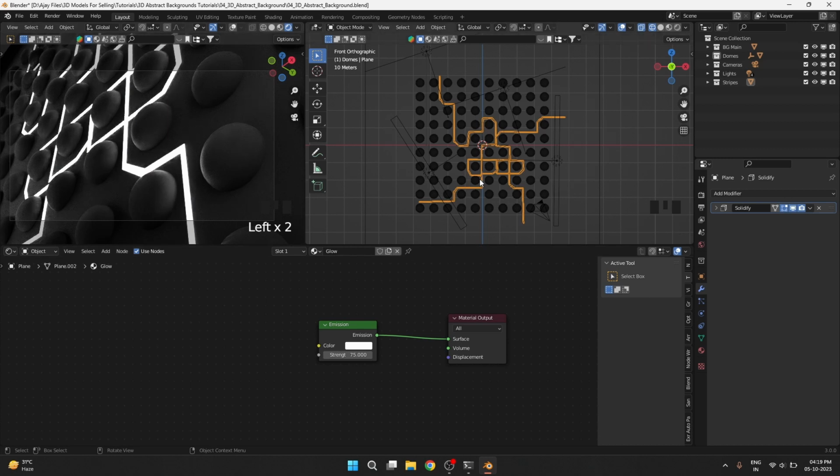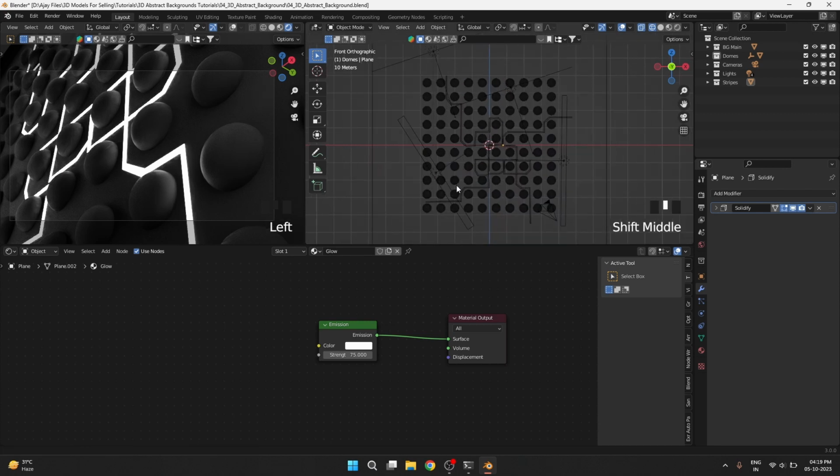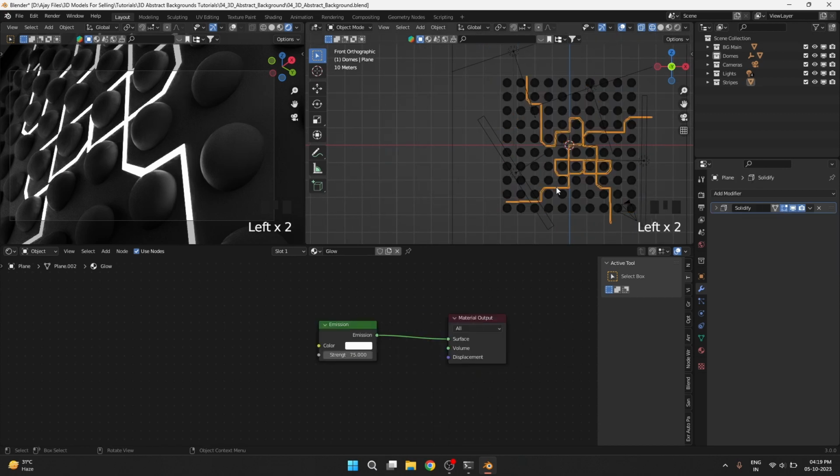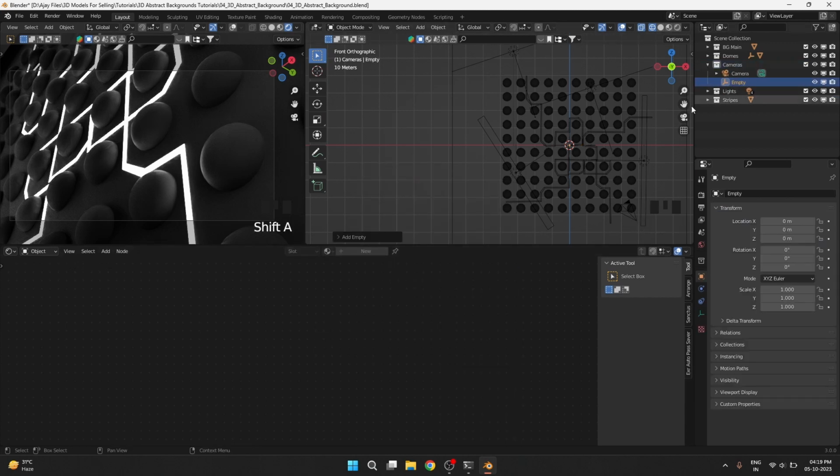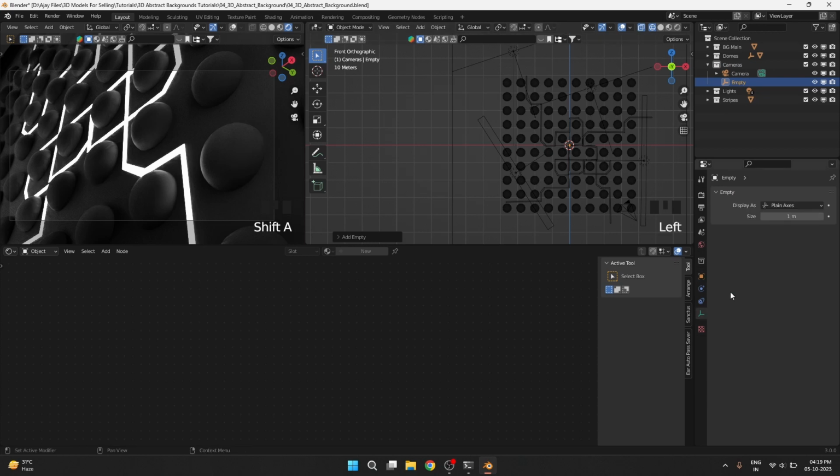How can we create a little more? No, I think we don't need anything. This is enough. This is correctly enough. You want to see it correctly? Yeah, it's correct. Now what I want to do, I'll create an empty inside the camera for my depth of field. So empty, and let's put a size up,